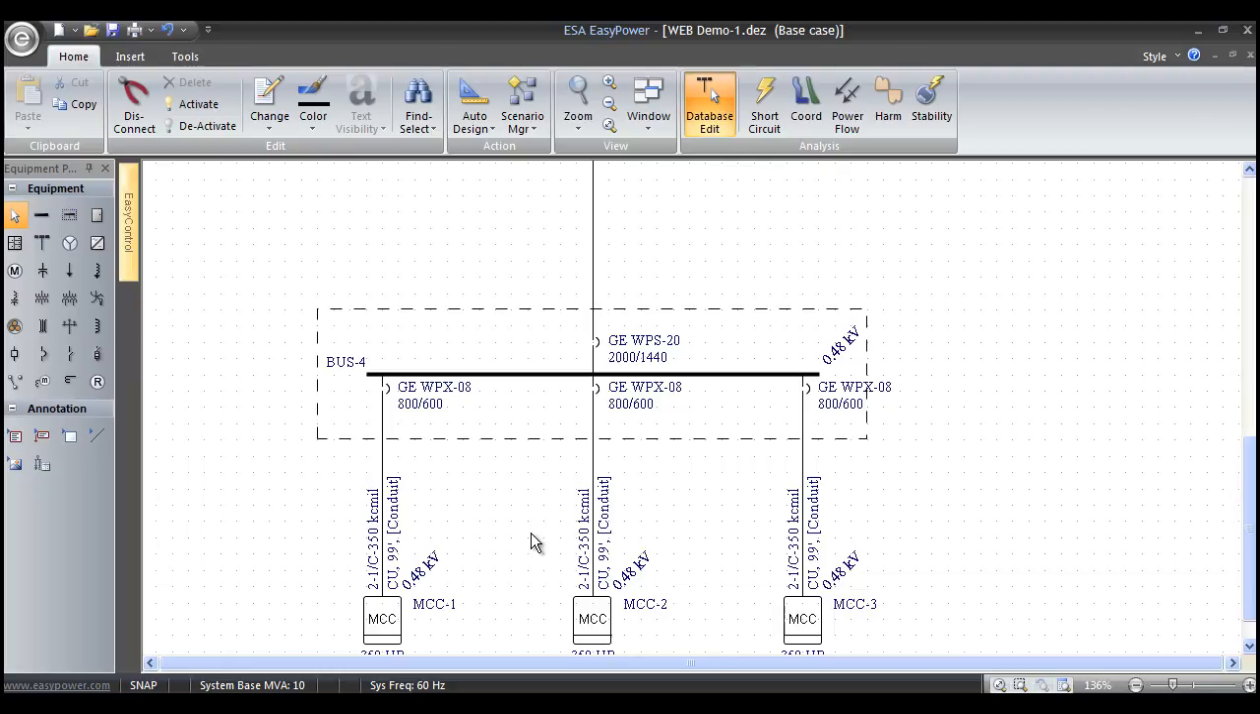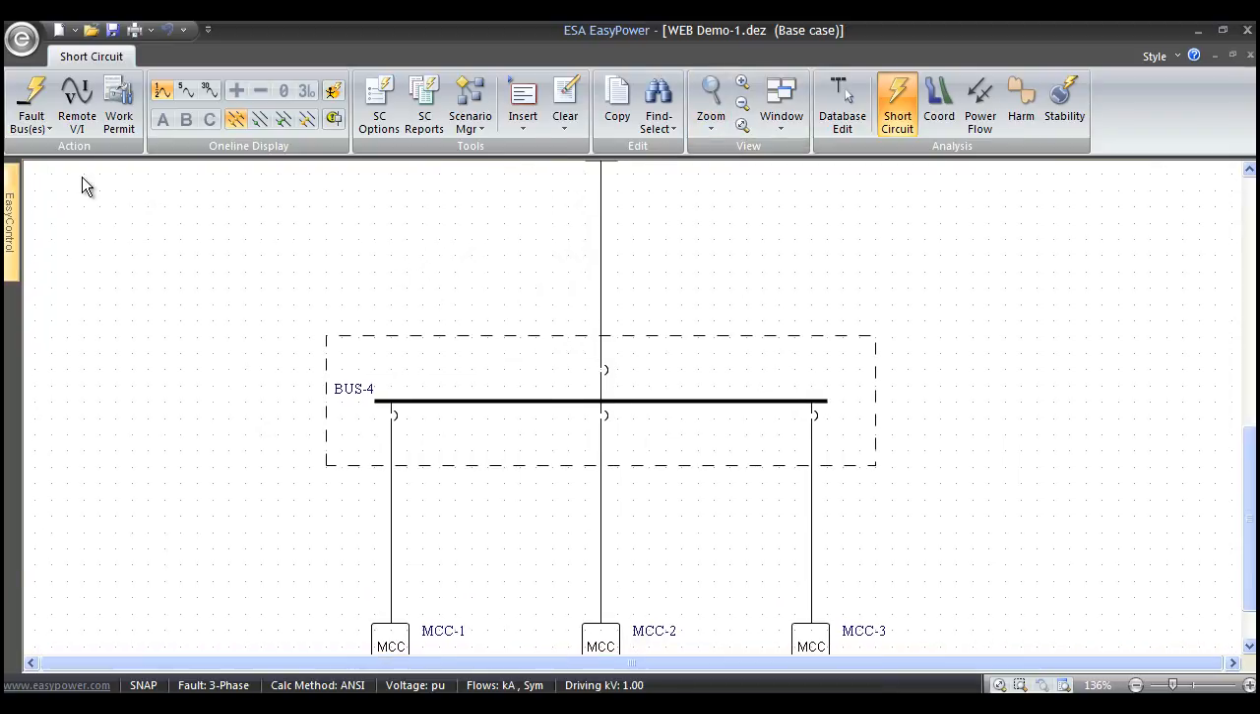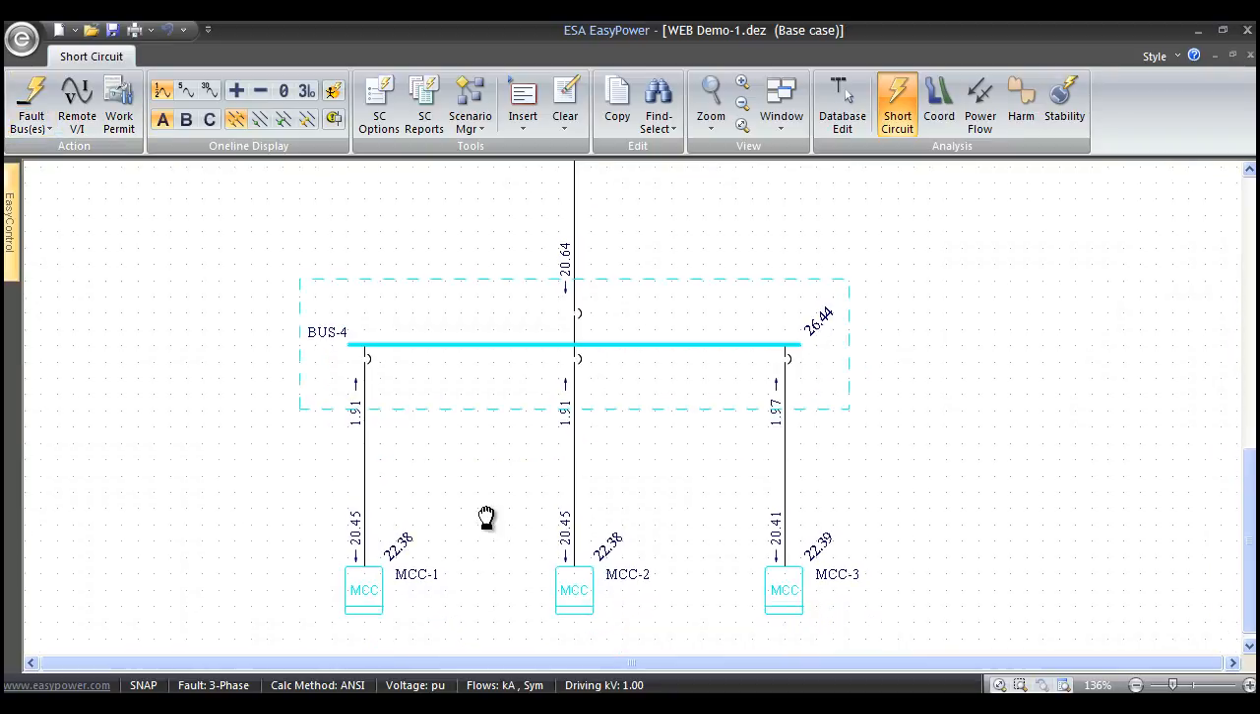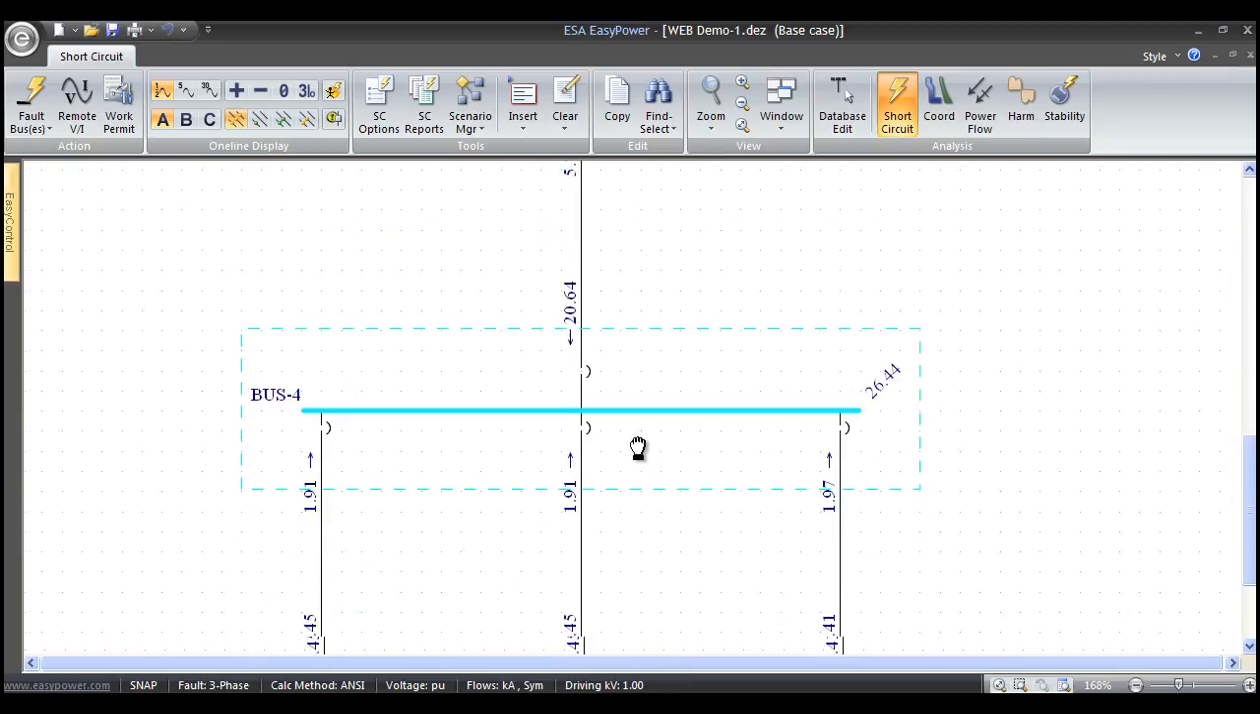First thing we want to do when we analyze the power system is go to short circuit focus, and you can see that the ribbon changes when we get into short circuit focus. Now I'm going to hit this fault all the buses. This is like a batch fault. When I select that, all the different buses are faulted, and you can see here's 26 kiloamps, 20 kiloamps from the transformer, and